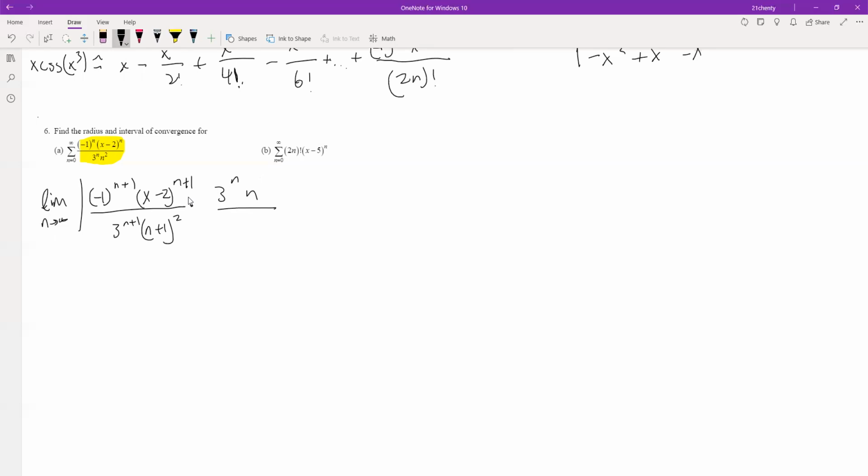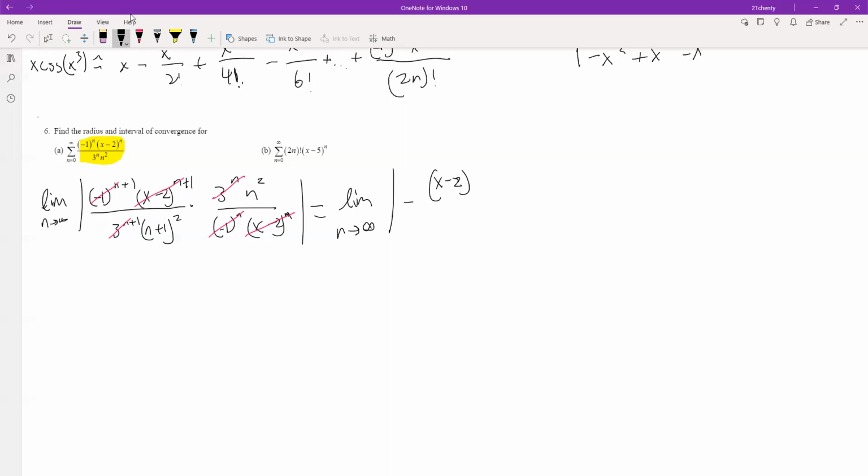So we have 3 to the n over n squared, or times n squared, over negative 1 to the n times x minus 2, quantity to the nth power. This is all absolute value. The 3 to the n cancels with the 3 to the n, and we're left with 3. And then this cancels with that, and we're just left with negative 1. And this cancels with this, and we're left with x minus 2. So this becomes the limit as n approaches infinity of the absolute value of negative x minus 2